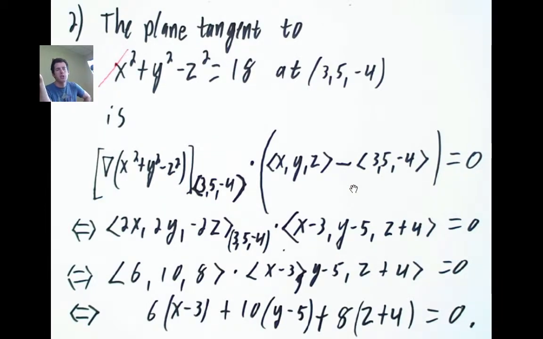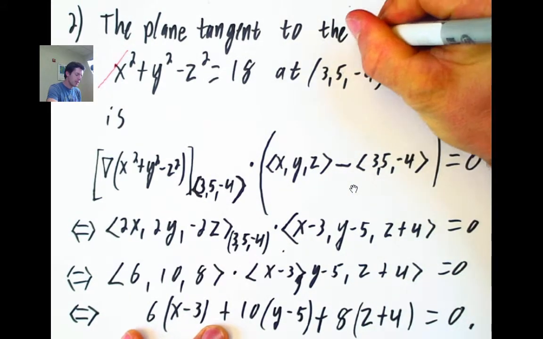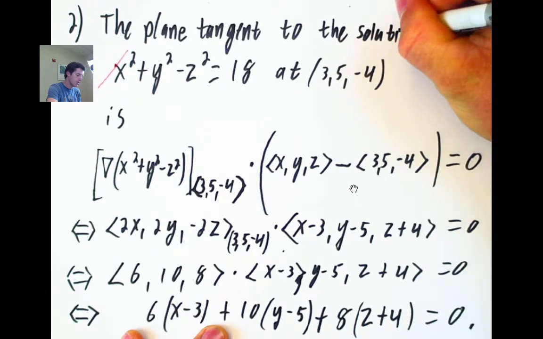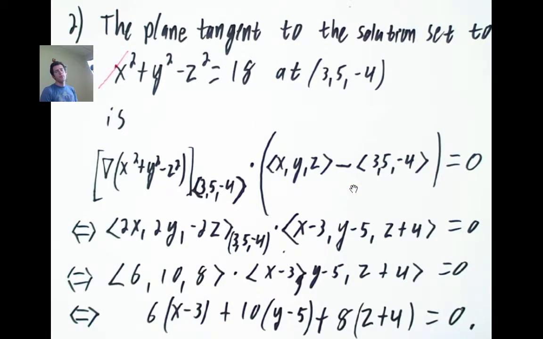A tangent line to an equation, I guess, would be a line on the page that touches the equation at just one point. No. We're not talking about a tangent line to an equation. We are talking about a plane tangent to the solution set to this equation. And 3, 5, negative 4 is one of the points in the solution set to that algebraic